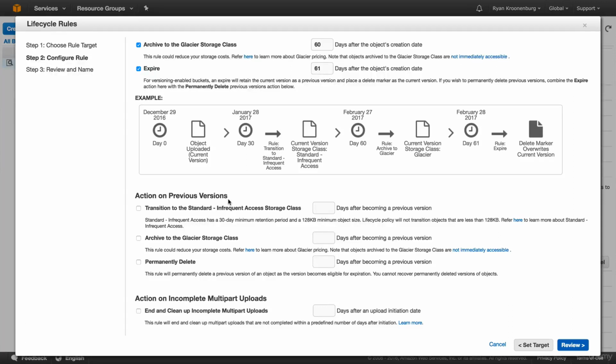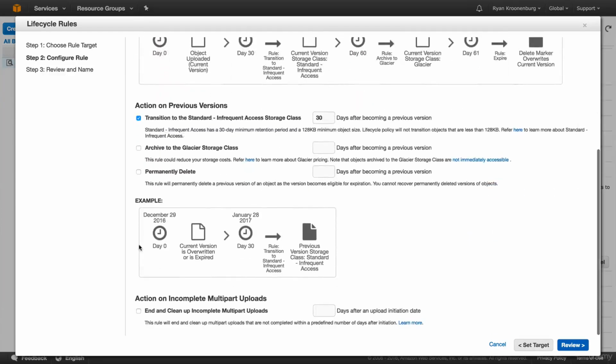So, action on previous versions. Now, transition to the standard infrequent access storage class. If I click on this, let's have a look at the graphic because it makes it easier. Let's say I update my object with Hello Cloud Gurus version 2. So the current version is overwritten or expired. Exactly 30 days later, I'm going to transition the previous version to standard infrequently accessed storage. And then 60 days after that object has been updated, I'm going to archive it off to Glacier and then